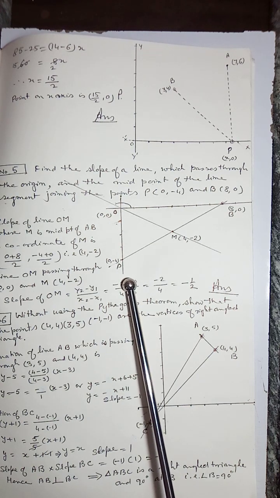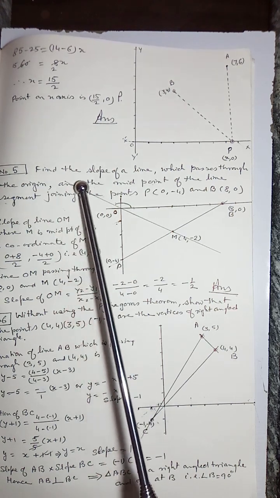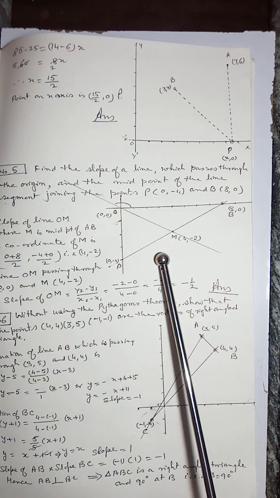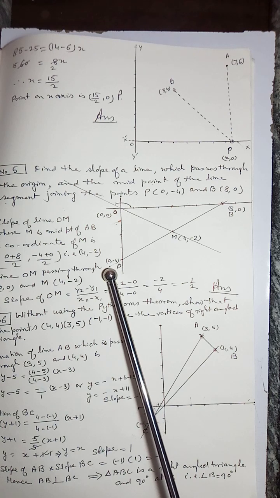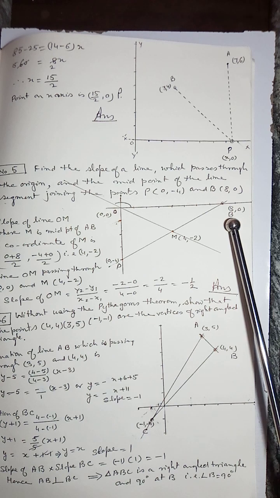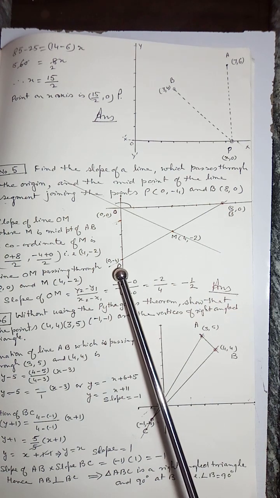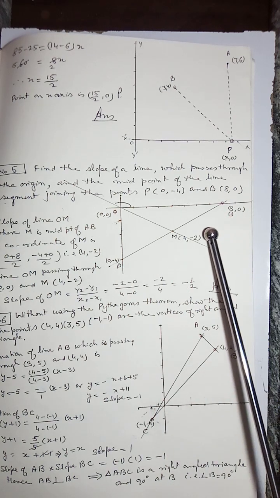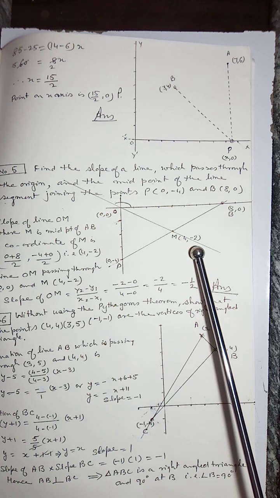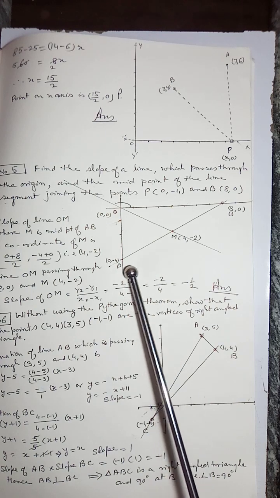We have to find the slope. You see here, it is already given. Find the slope of the line which is joining the midpoints. So what is the midpoint? You see, the abscissa of the point P is 0, and the abscissa of the point B is 8. So 0 plus 8 divided by 2, that is 4. Minus 4 plus 0 divided by 2, that is equal to minus 2. So (4, -2) will be the coordinates of the point M, which is the midpoint of PB.